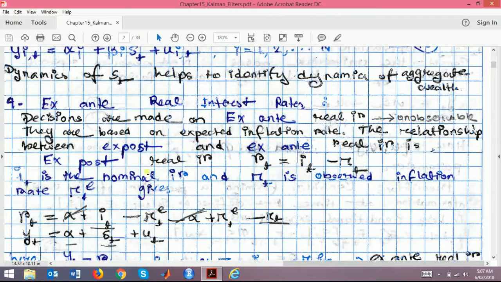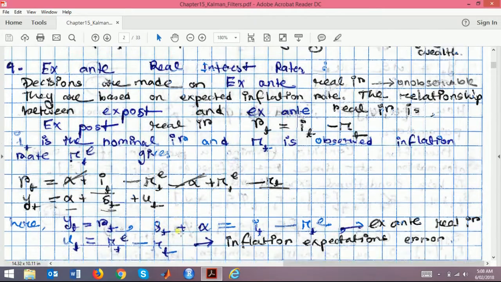We are taking the difference between the ex ante and ex post interest rates. That's all, nothing else. Just the difference between the ex ante and ex post interest rates is taken here. So delta r, basically delta r is taken, and when we do that,